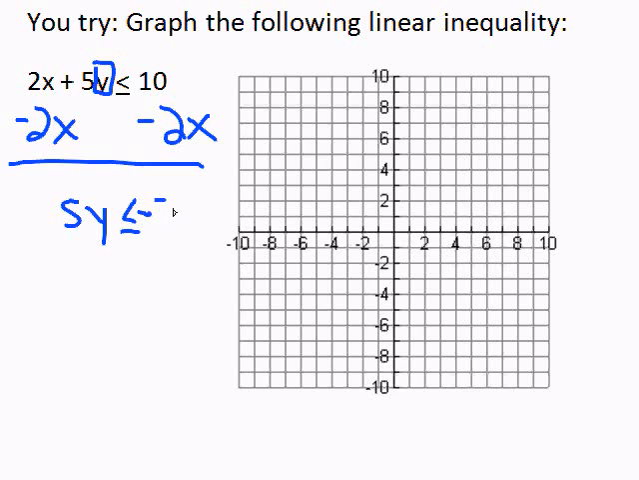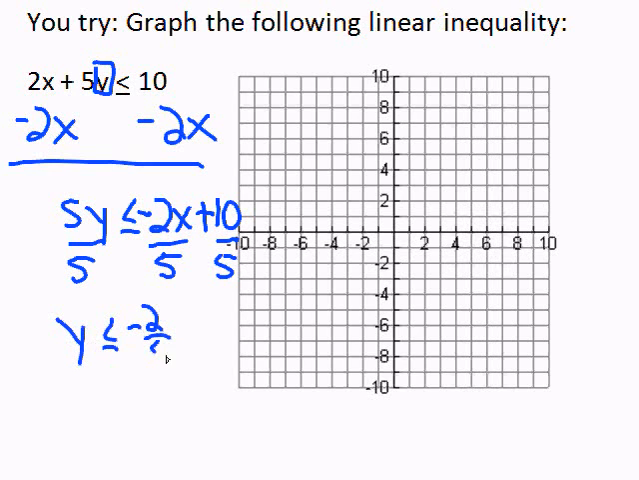Now I'm going to write my negative 2x first. And since that's a positive 10, I'm going to write plus 10. Now I still need to get y by itself, so I'm going to divide everything by 5. Give me y is less than or equal to negative 2/5 x plus 2. My y-intercept's 2. My rise over run is negative 2 over 5, so I can go down 2,